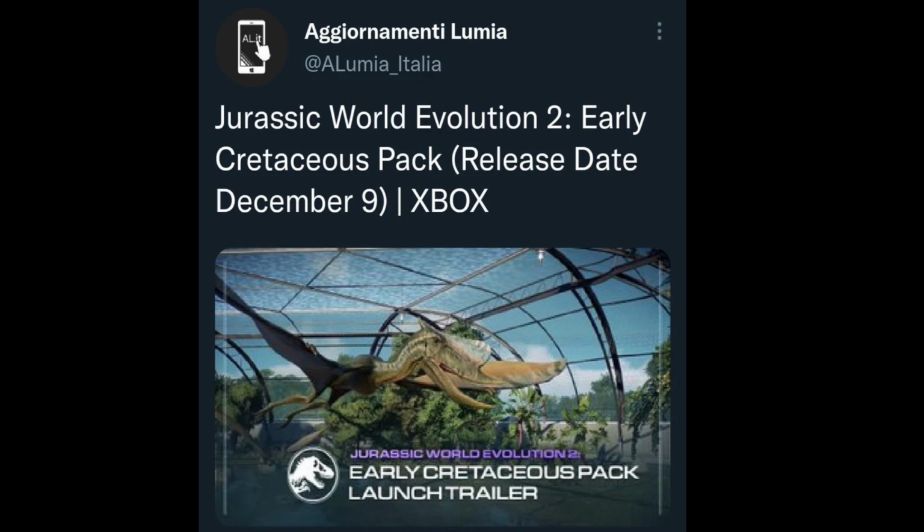It looks to me like a bot that just posts Xbox DLCs, games, stuff like that. So it doesn't seem much like a real person, it just posts stuff related to Xbox. And so as you can see here, Jurassic World Evolution 2 Early Cretaceous Pack, release date December 9th, which is a week from Thursday. And as you can see here, the attached image is seemingly a YouTube video thumbnail right there. Early Cretaceous Pack launch for Jurassic World Evolution 2 with a dinosaur, which, as you will see in the next slide,